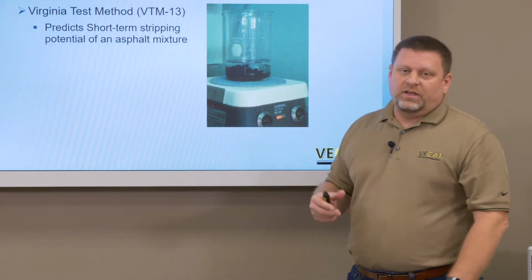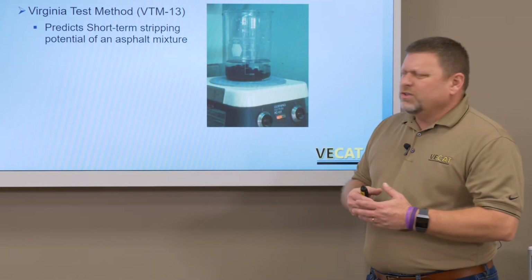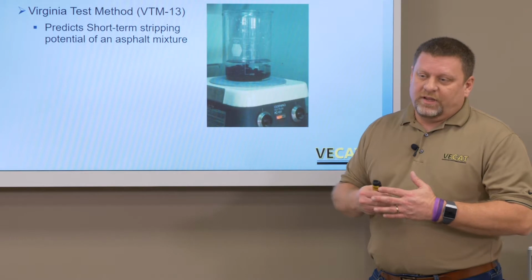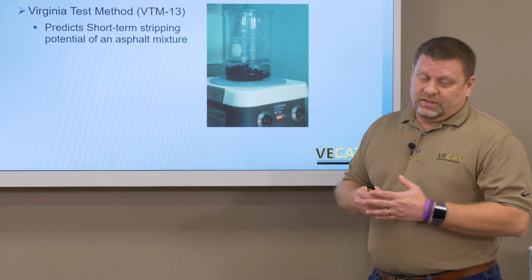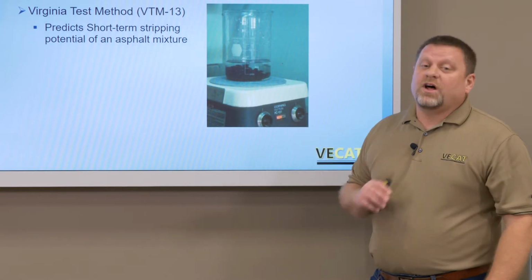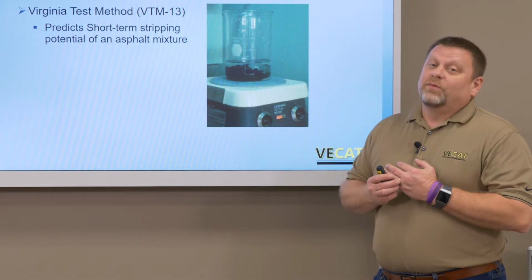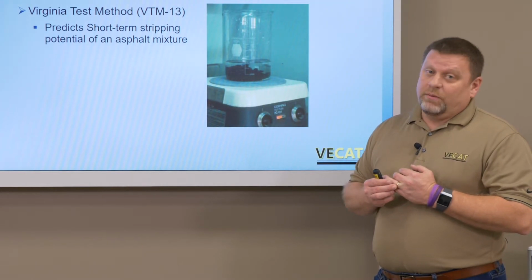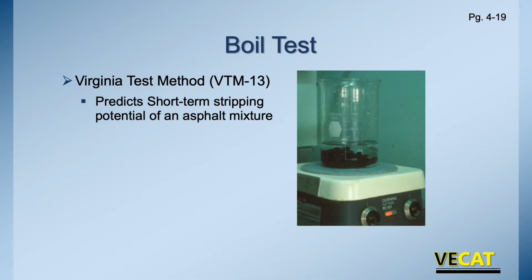This has a little bit of opinion involved in it, and for that reason I don't think it's used as much. Used to be, when I worked for VDOT, we used a lot of it to decide, do we want to worry about running TSR samples or not? We would run these Boyle tests all the time, and as long as they looked good, we weren't worried about running TSRs. When we had one that looked bad, next day we'd be pulling the TSR sample. Anyway, this comes from Virginia Test Method VTM 13, and it will predict what is called potential stripping, short-term stripping